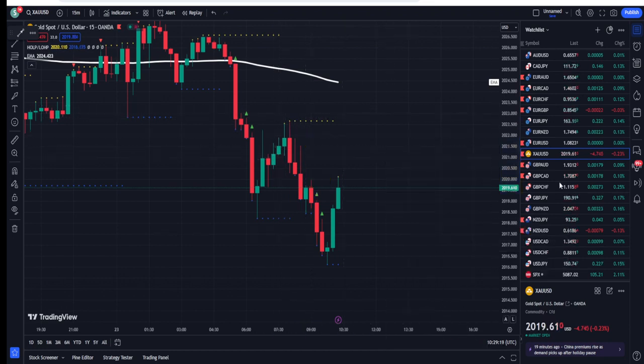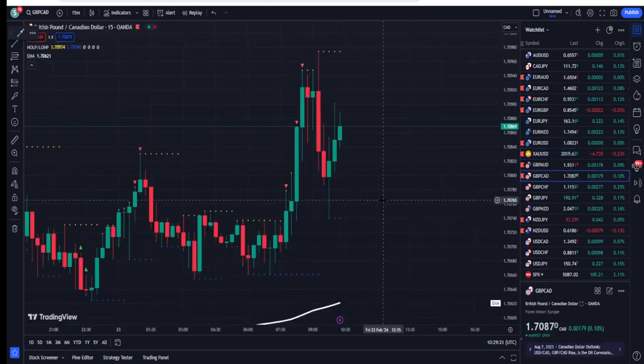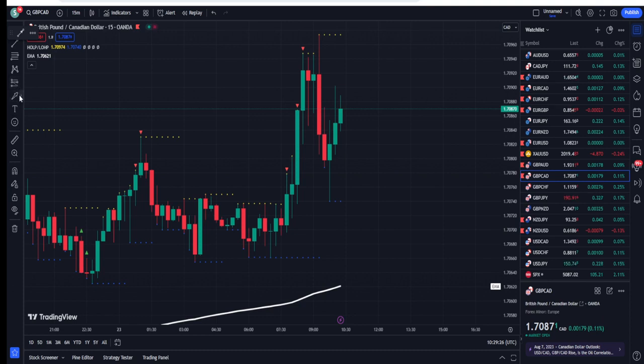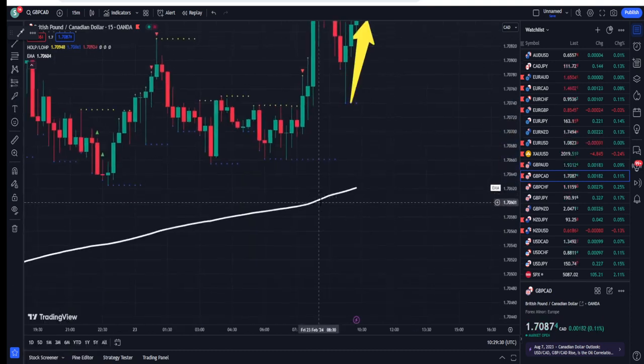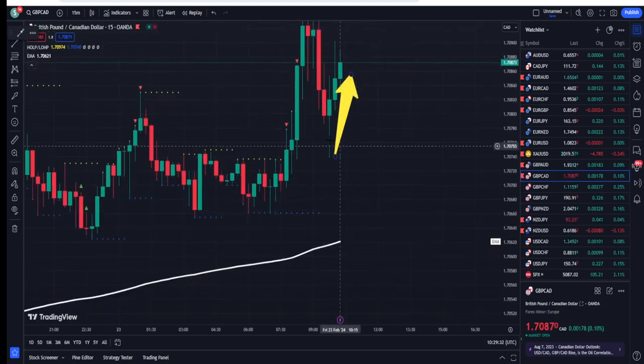Below the 200 EMA, we have mostly seen that the price gets downward pressure. Now if you look at this condition, why is the price going up? The thing is very simple. It has provided you the accurate reversal, and the price is above the 200 EMA, and that was a good scalping chance for you.